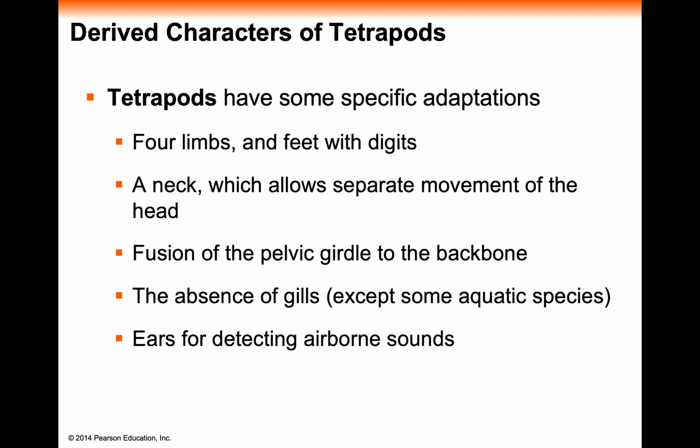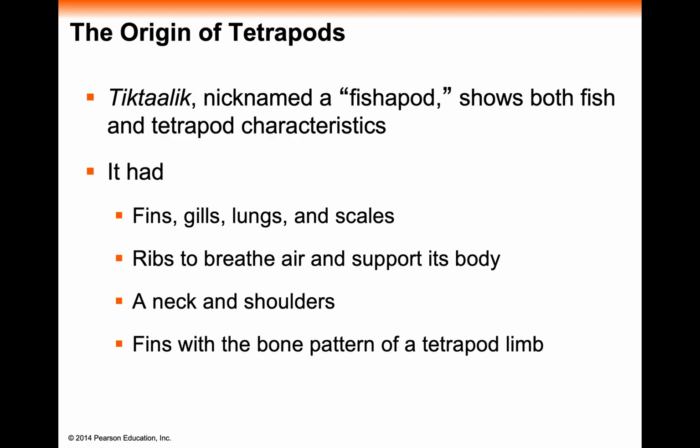So again, just having a pelvis basically. And the absence of gills, except for a few aquatic species, like for example, some species of amphibian. And then ears for detecting airborne sounds. And even amphibians have ears, even though they don't have ear bones, they have this tympanic membrane. So anyways,